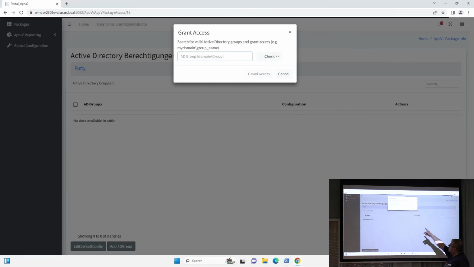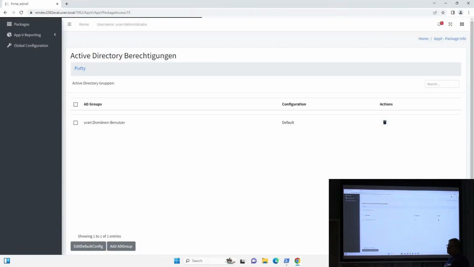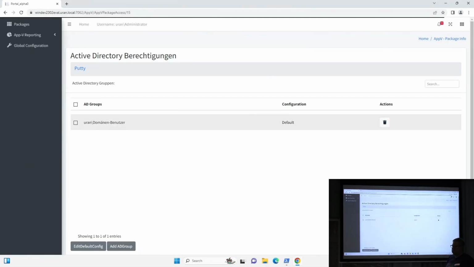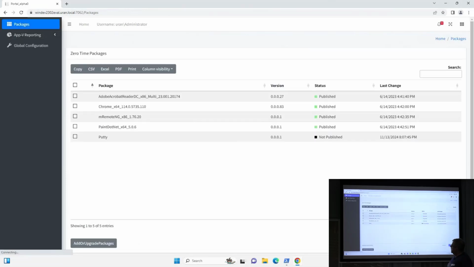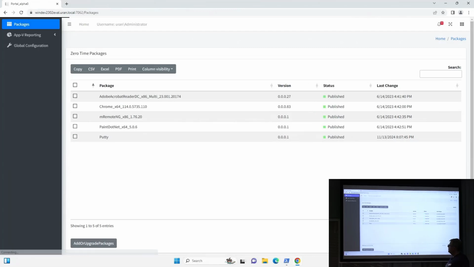And here we have to add an Active Directory group for this new package, in this case PuTTY, with the German Active Directory domain names. Domain Nutzer is Domain Users. And we get a default configuration for the package.